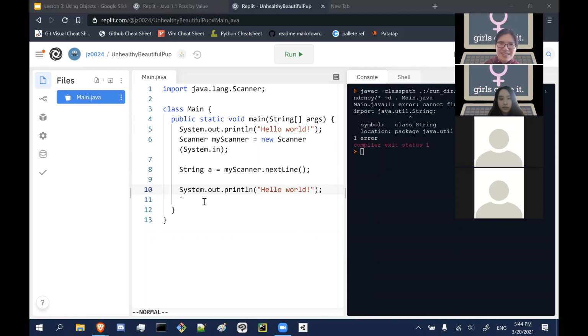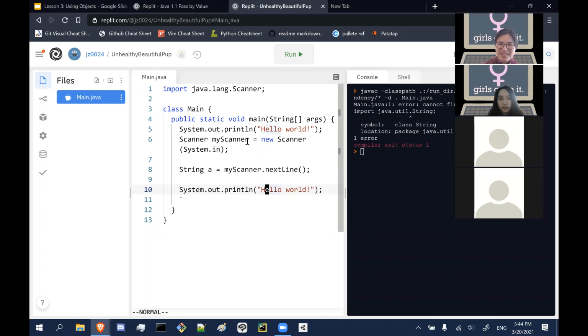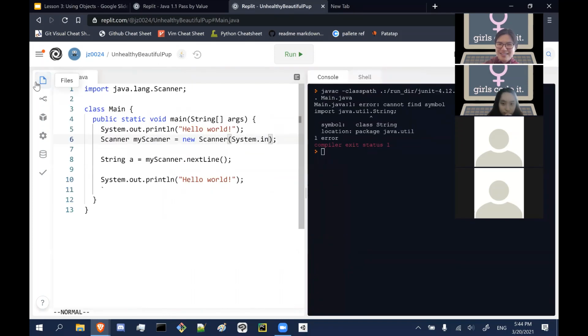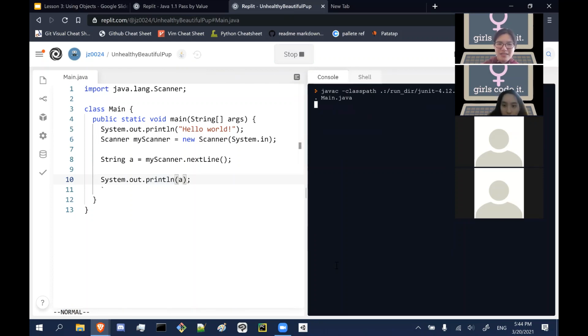Yeah, you'll basically have to just memorize this line first. Once we get to creating your own classes and we talk about constructors and all that, this will make a little more sense. But for now, just memorize this. So this is basically what you have to do. So then if we run this,